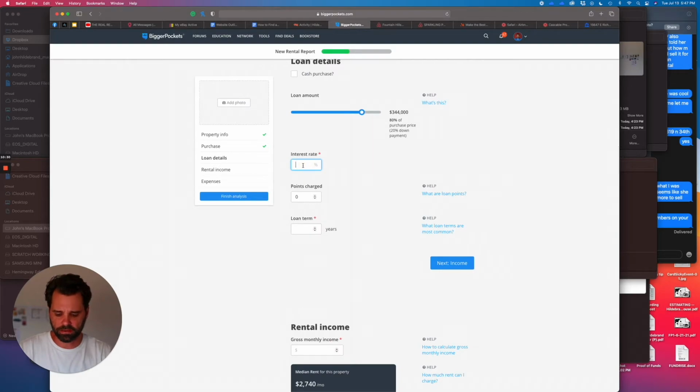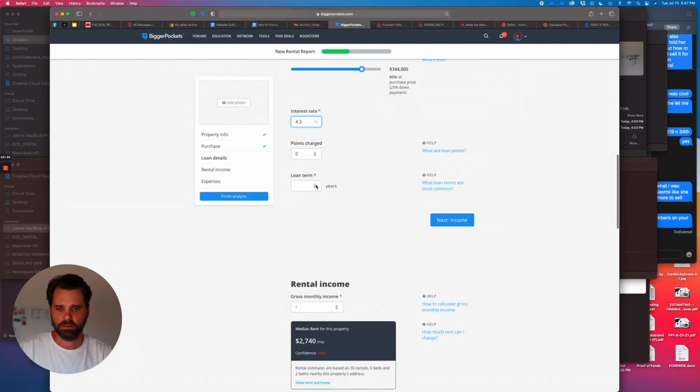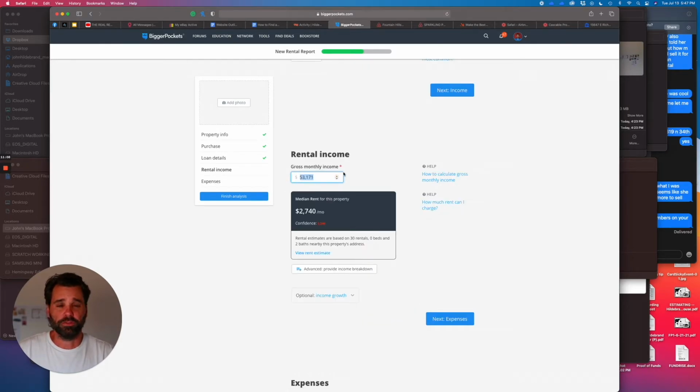So my interest rate, let's say good credit, 4.3. I'm going to do 30 years. So it's 53,000 a year. Let's say I put in 4,500 a month. Well, it's giving me a suggestion of 2,740. Let's go ahead and say I can do better than that. Let's say